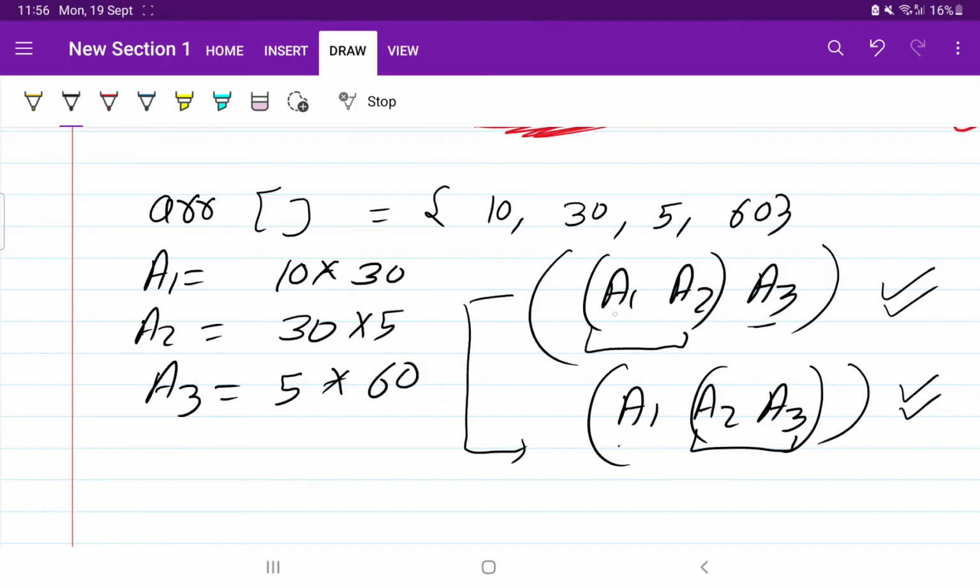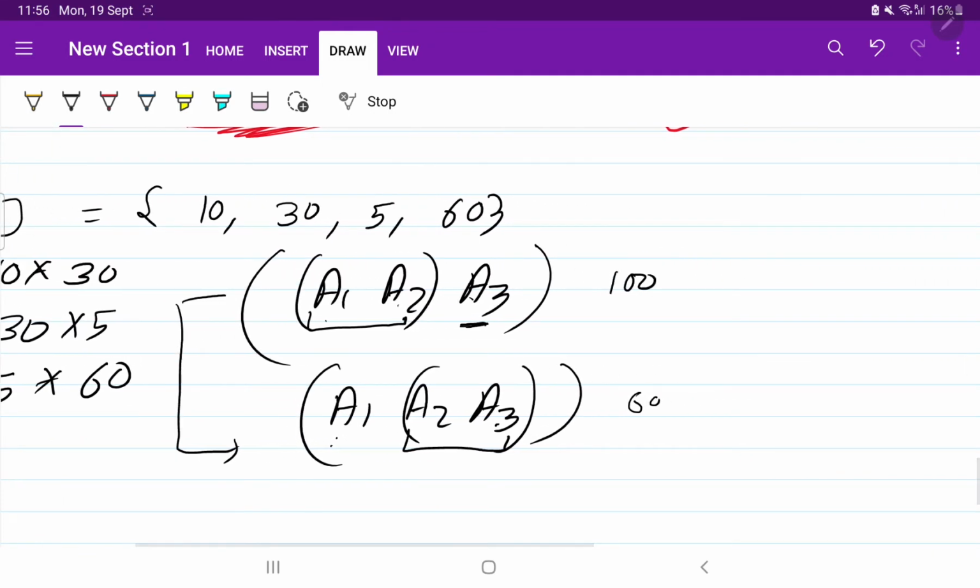Okay, so it is the same thing: first you perform these 2 operations, and after performing this operation you require less money. If we take a real life example, suppose you need to do 3 tasks, a1, a2 and a3. If you perform a1 and a2 first, then a3, suppose the cost is 100 rupees. But if you perform a2 and a3 first, then a1, the cost may be 60 rupees. So which way will you go? You will go by this way, because ultimately you need to minimize the cost.